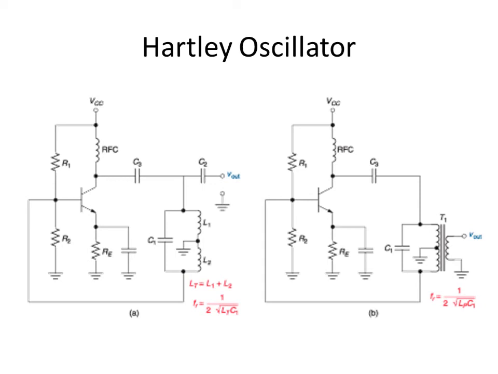Then what you have to explain is how we give the feedback. The base of the transistor is connected to the bottom of L2, and the top of L2 is connected to earth. The emitter is also connected to earth. So obviously L2 is connected between base and emitter. It is the voltage developed across L2 which will act as the feedback voltage. And then what you have to explain is how we have a 180-degree phase difference between the output and the feedback voltage.